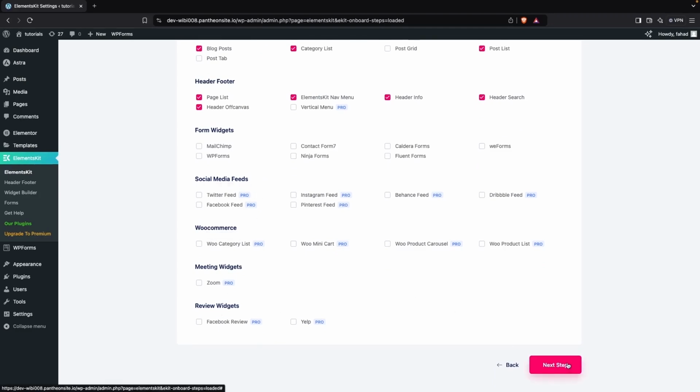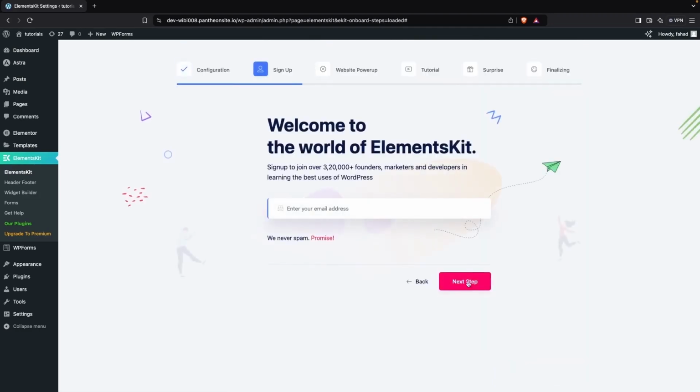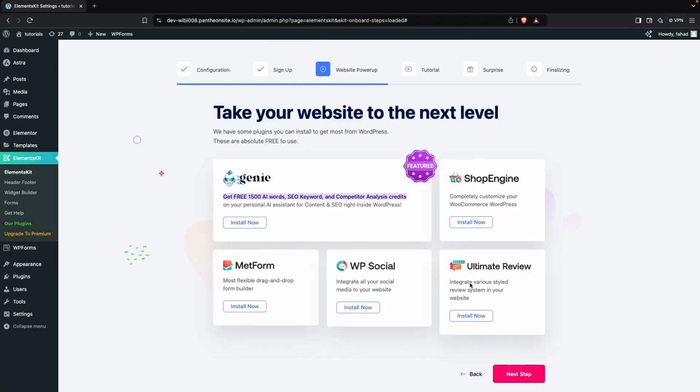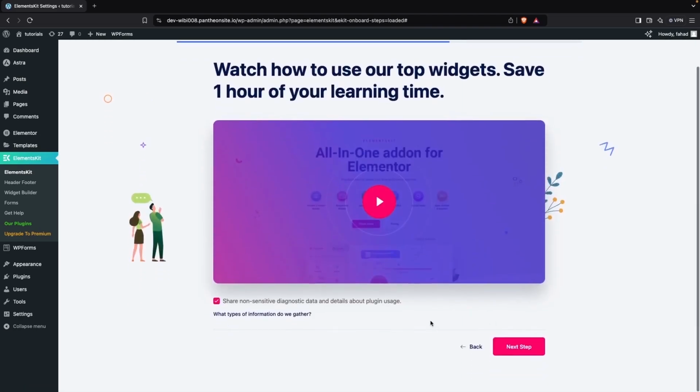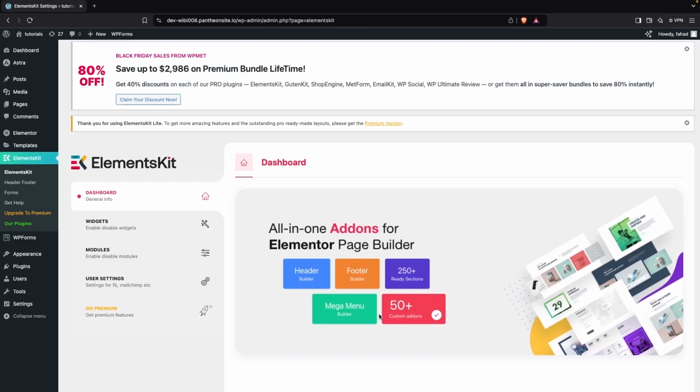So right now we're going to simply click on next step, and next step, next. All right, so we have successfully configured our Elementskit, and now we have to click